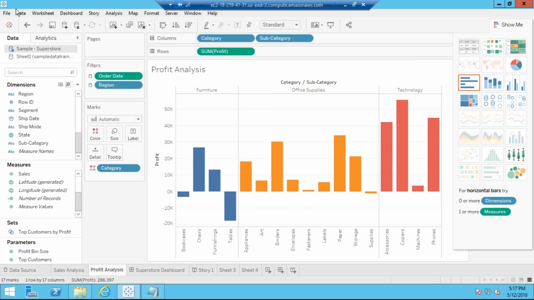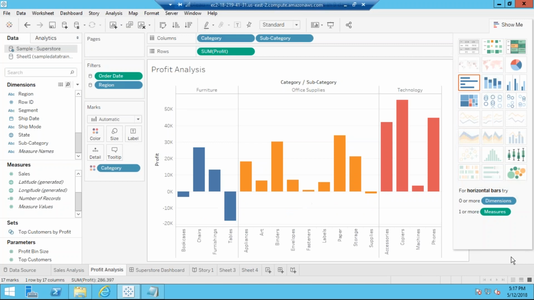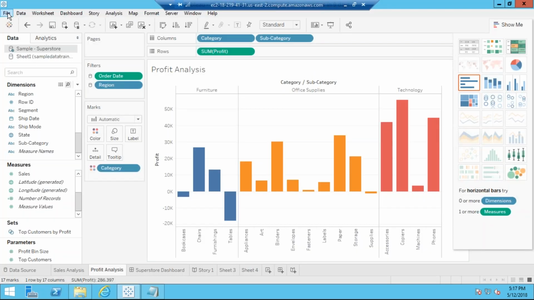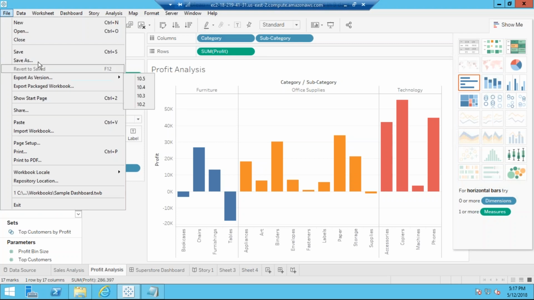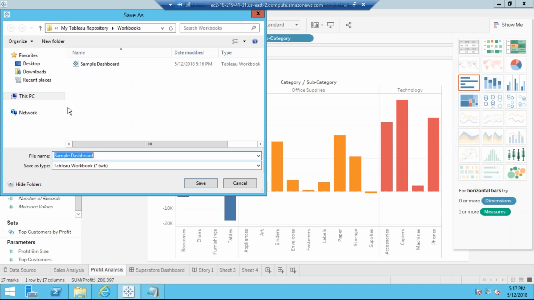Let's check it. It is still saving. Where have I saved that? Sample dashboard. Okay, it's there in my repository.